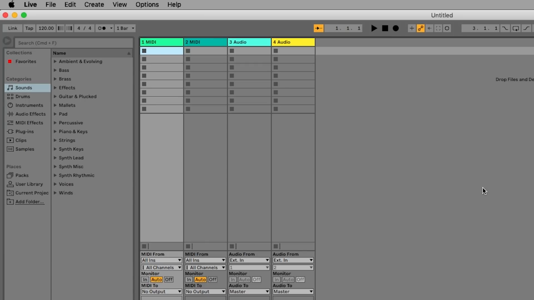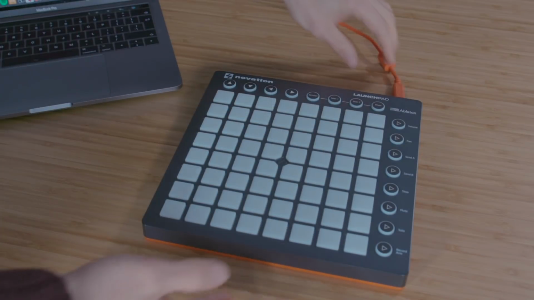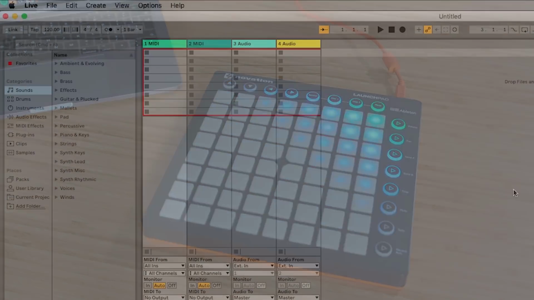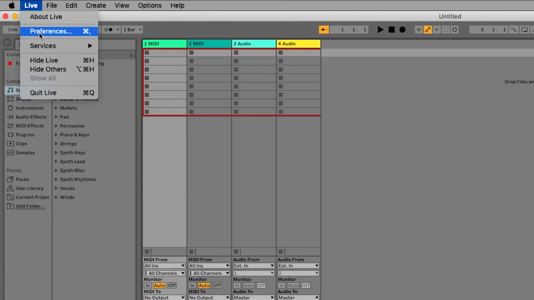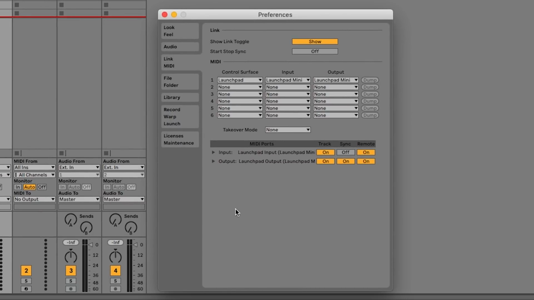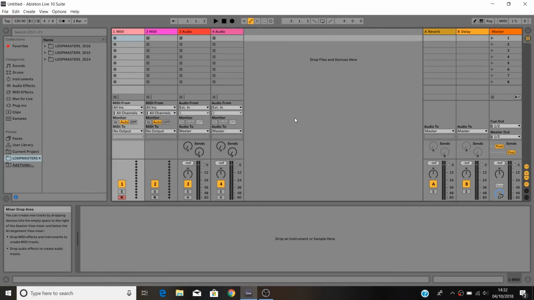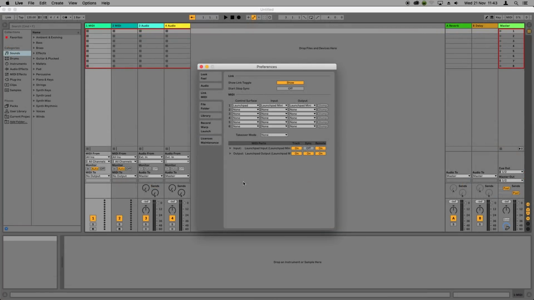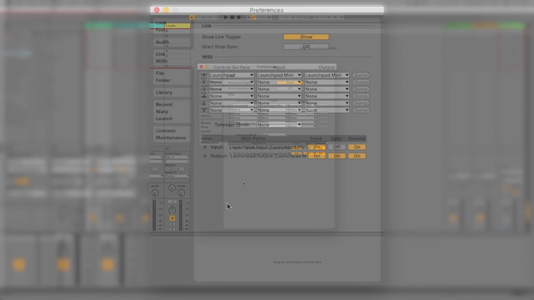Now, let's get your Launchpad set up with Live. Please ensure that your Launchpad is connected to your computer via USB. On a Mac, go to Live, Preferences, and Link MIDI. On a PC, go to Options, Preferences, and Link MIDI. At this stage, your Launchpad should be auto-detected, and the settings on this page should look like this for a